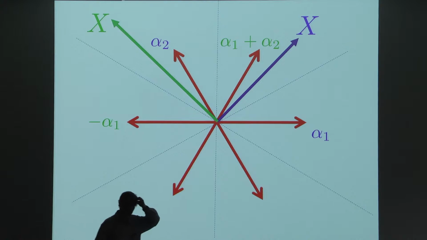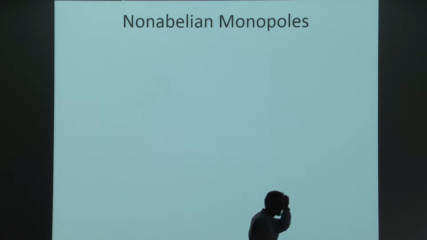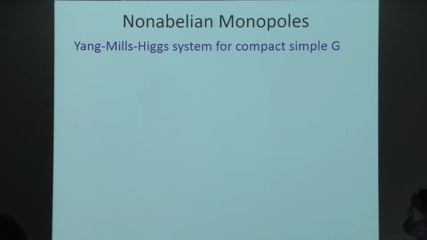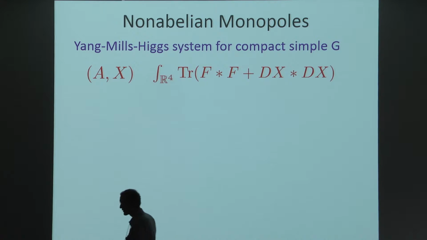Okay, enough Lie algebra review. So now let's talk a little bit about magnetic monopoles. So we'll start with the Yang-Mills-Higgs system for a compact simple group G. So the fields are a gauge field or a connection A and a Higgs field X with a very simple